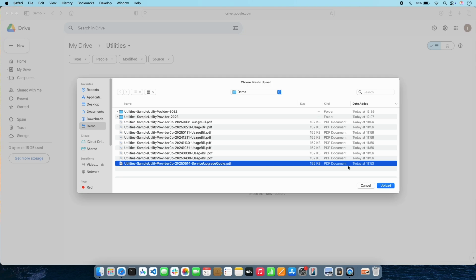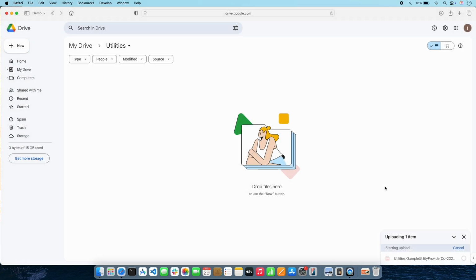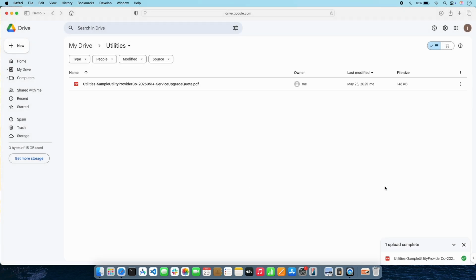In the file selection window, once you've chosen the file you want to upload, just click Upload and the file will be uploaded to Google Drive. One important thing to know here is that when you upload a file to Google Drive, the file on your computer does not get removed. The file on Google Drive is a distinct copy of the file you uploaded, and it will remain on Google Drive until it is deleted from there, even if the original file on your computer is lost or deleted.